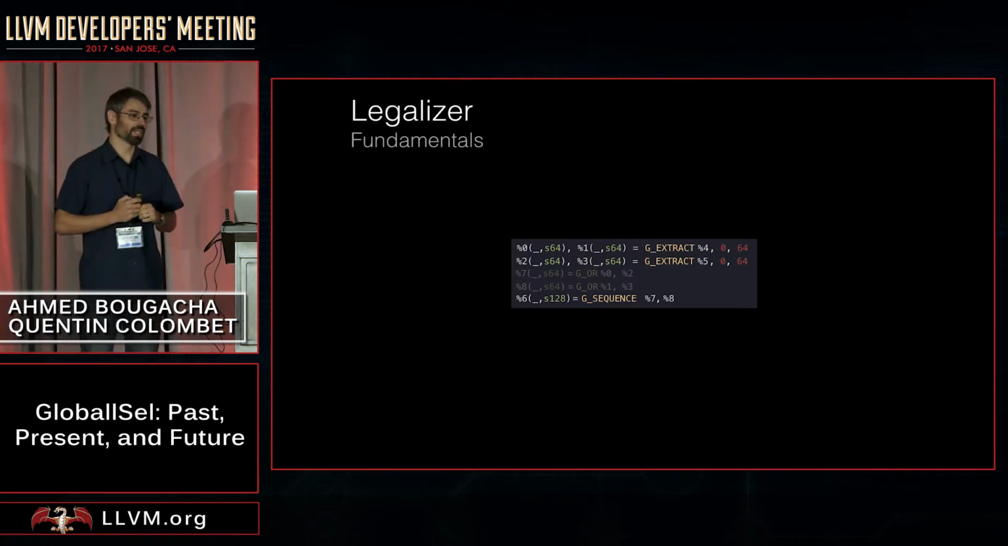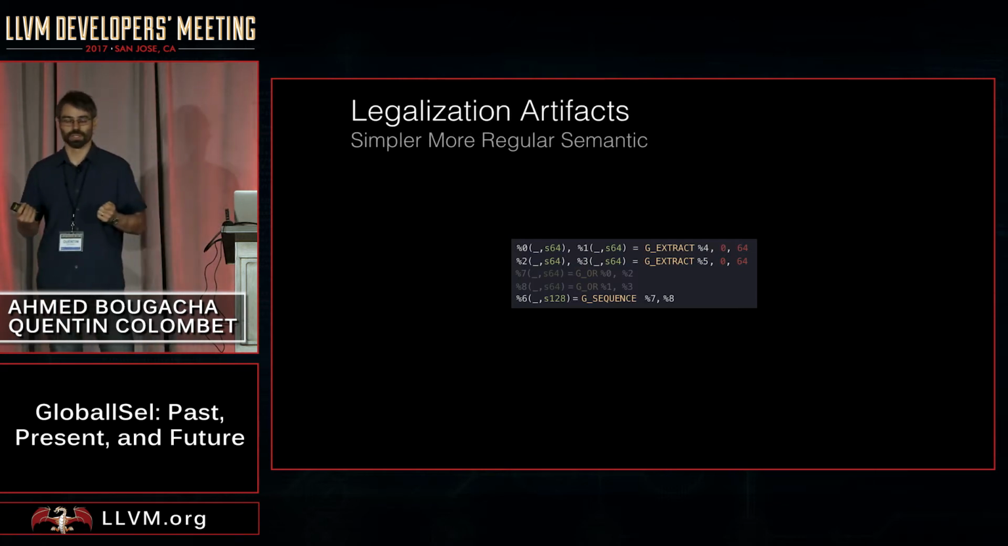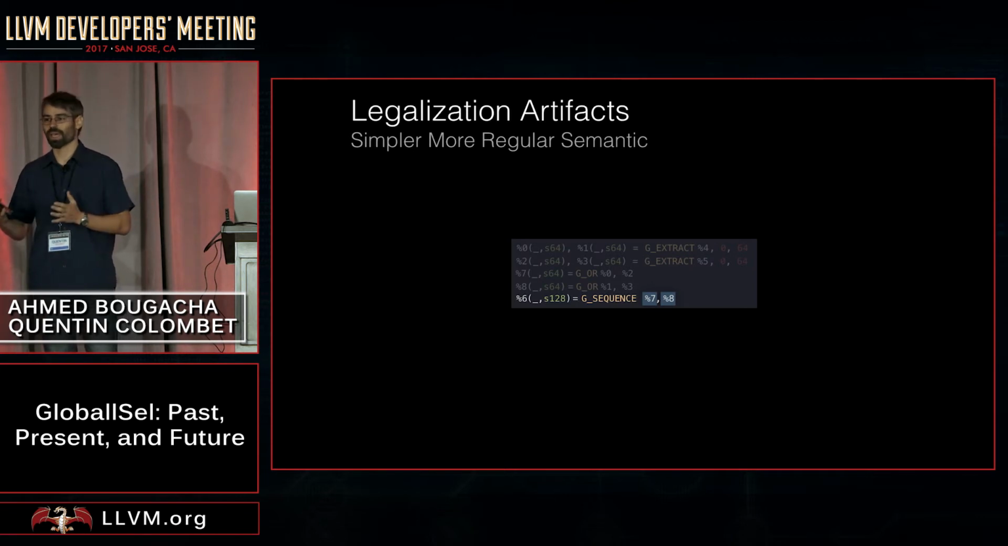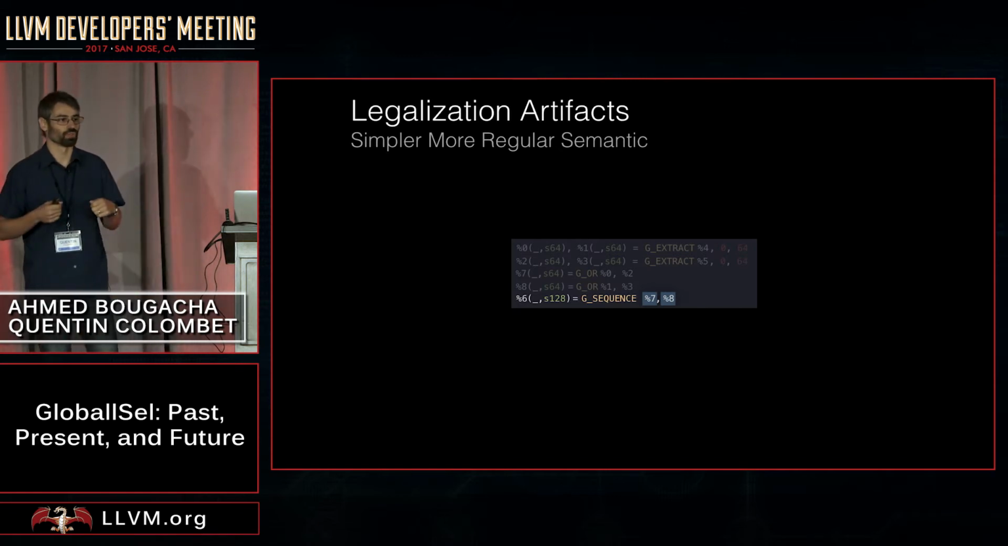So the reason is because we made the semantics simpler on those instructions. Let's look at this G sequence, for instance. In that case, it takes 2 arguments, but really it could take an arbitrary number of arguments. And in particular, in this example, they have the same types, but really they could be anything. So that means that for the legalizer, it's actually very difficult to reason about this instruction and to do the right thing. It has to do crazy bit shifting and masking and whatnot to do the right thing for your